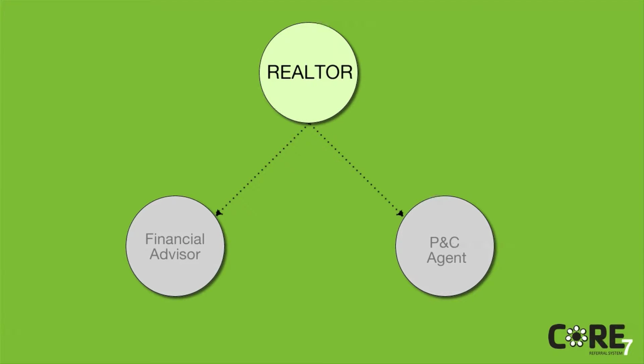Great. The secondary referral targets for the realtor are the financial advisor and the property and casualty insurance agent. Now just to note, in the realtor module, we show how the realtor should bring up the financial advisor in every buying meeting. Just by mentioning the financial advisor, it makes it easier for the loan officer to make the introduction because the buyer's expecting it. Typically if it's not mentioned, it could come off as a little bit of an unexpected surprise, and the conversion when making the introduction is not as high.